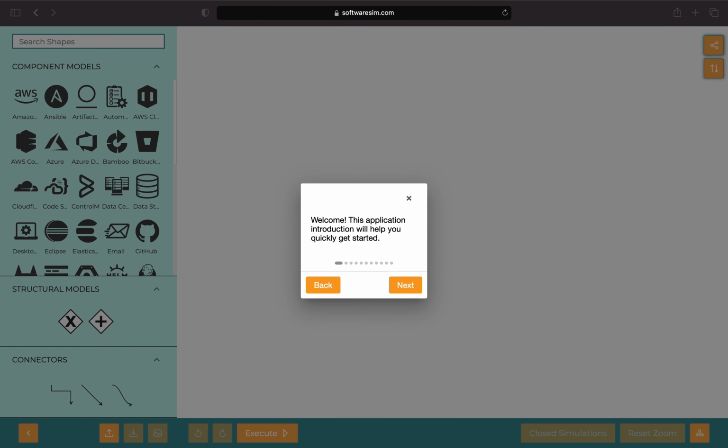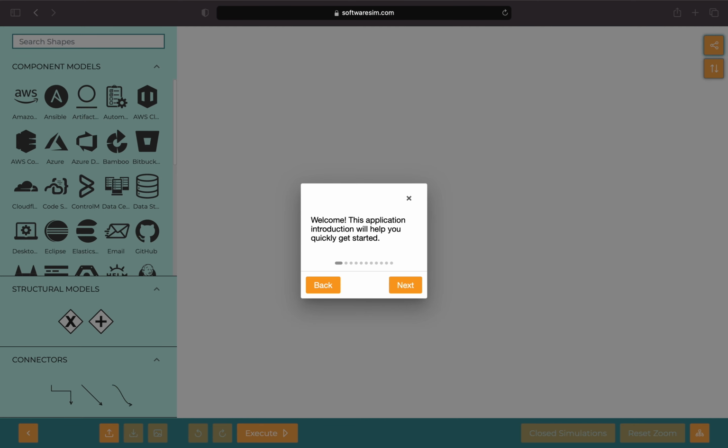With the Software Delivery Simulator, we can develop an understanding of complex software delivery systems. We can develop an intuitive shared understanding of the current system, but also perform what-if analysis to drive continuous improvement. In this tutorial, we will model a simple plan, develop, build and deploy system. We'll get lead time, process time, cycle time and quality insights from that analysis, and also generate graphics and animations